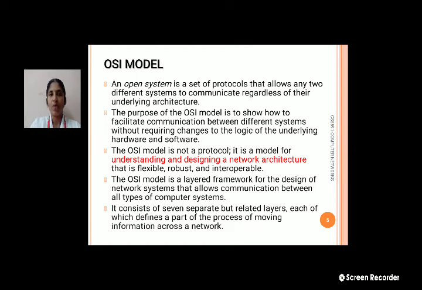It consists of 7 separate layers. Each layer defines a part of the process of moving information across the network, and we will discuss each layer in detail.